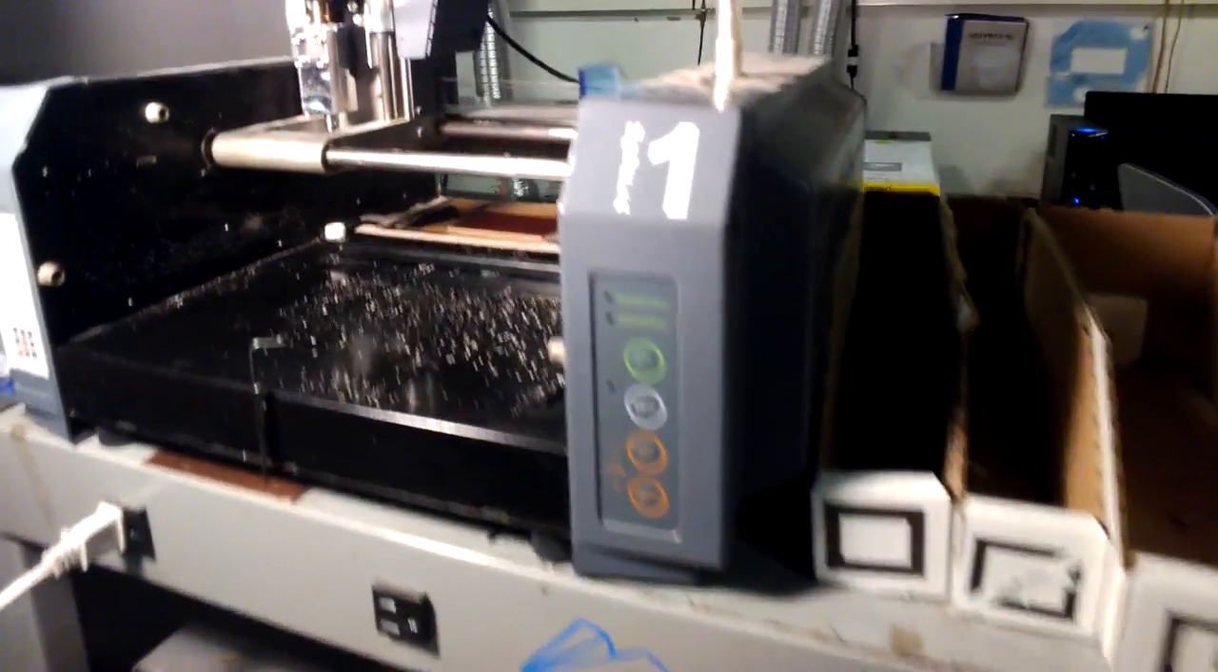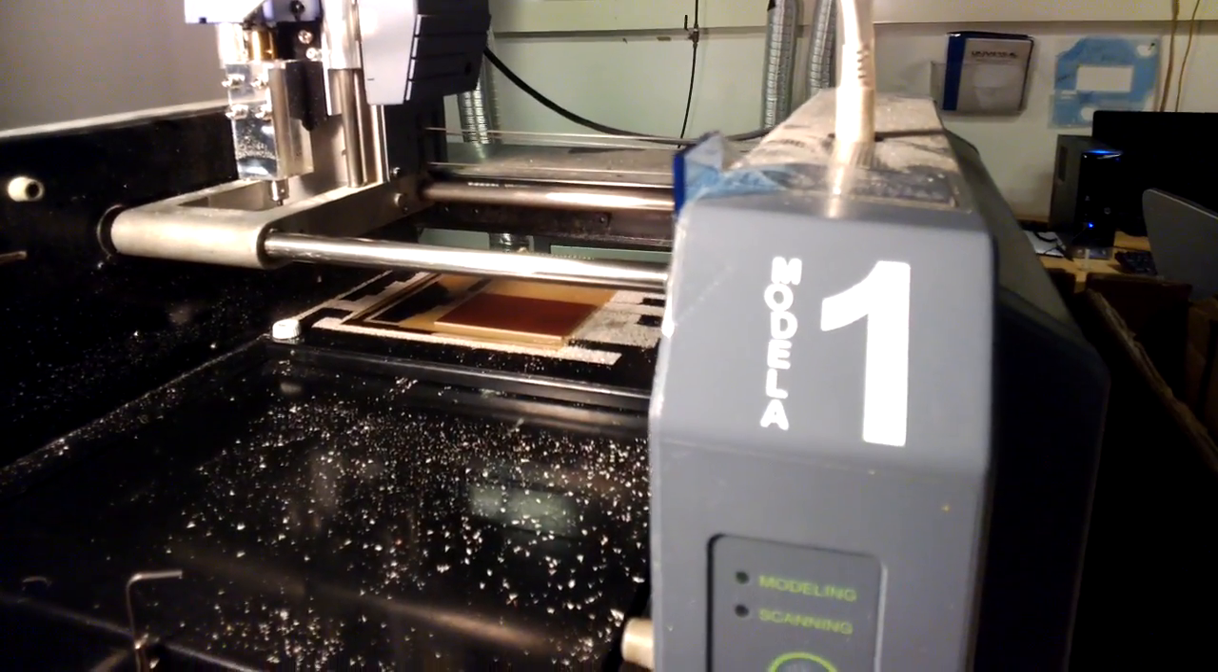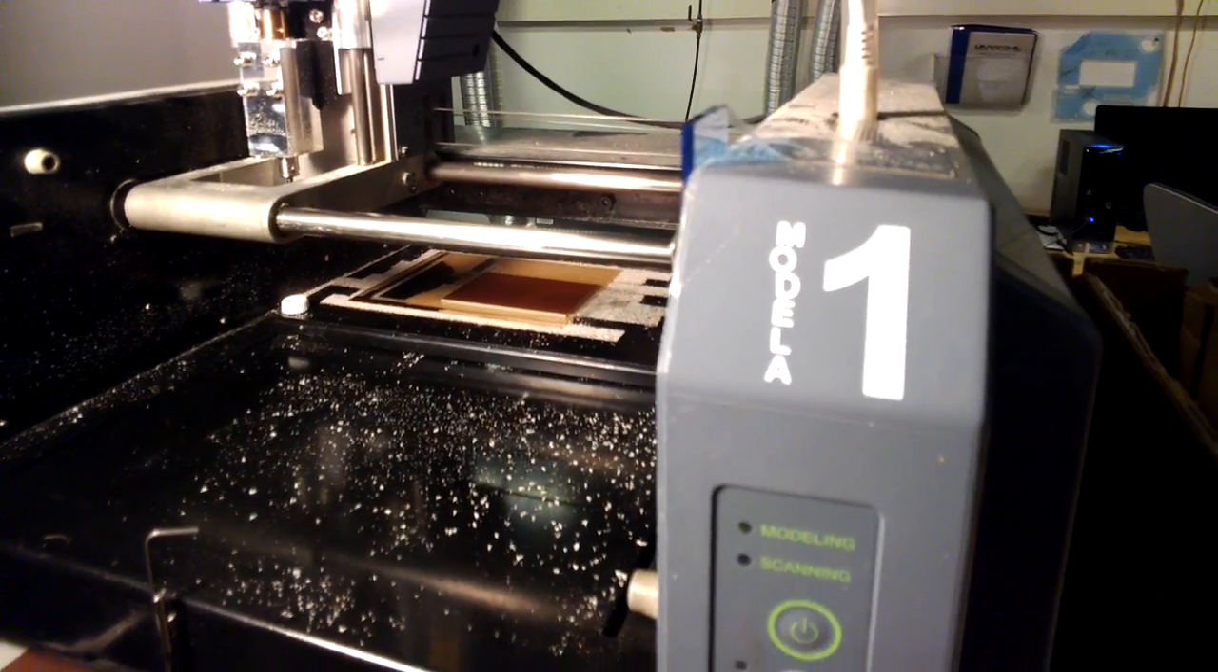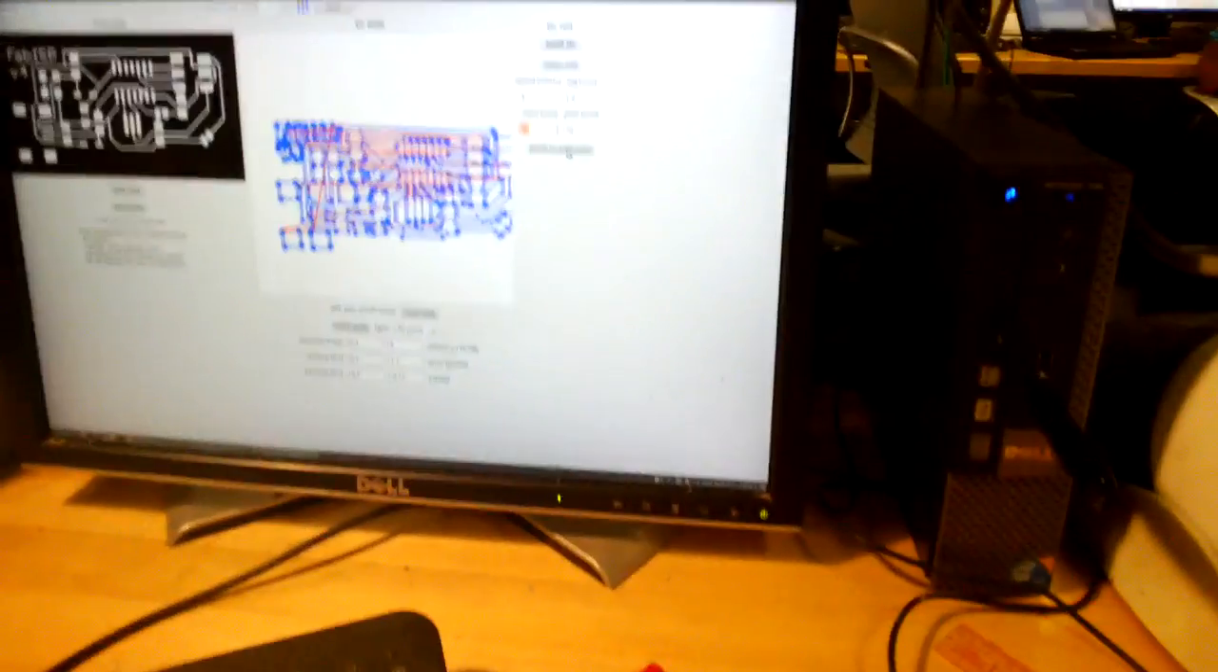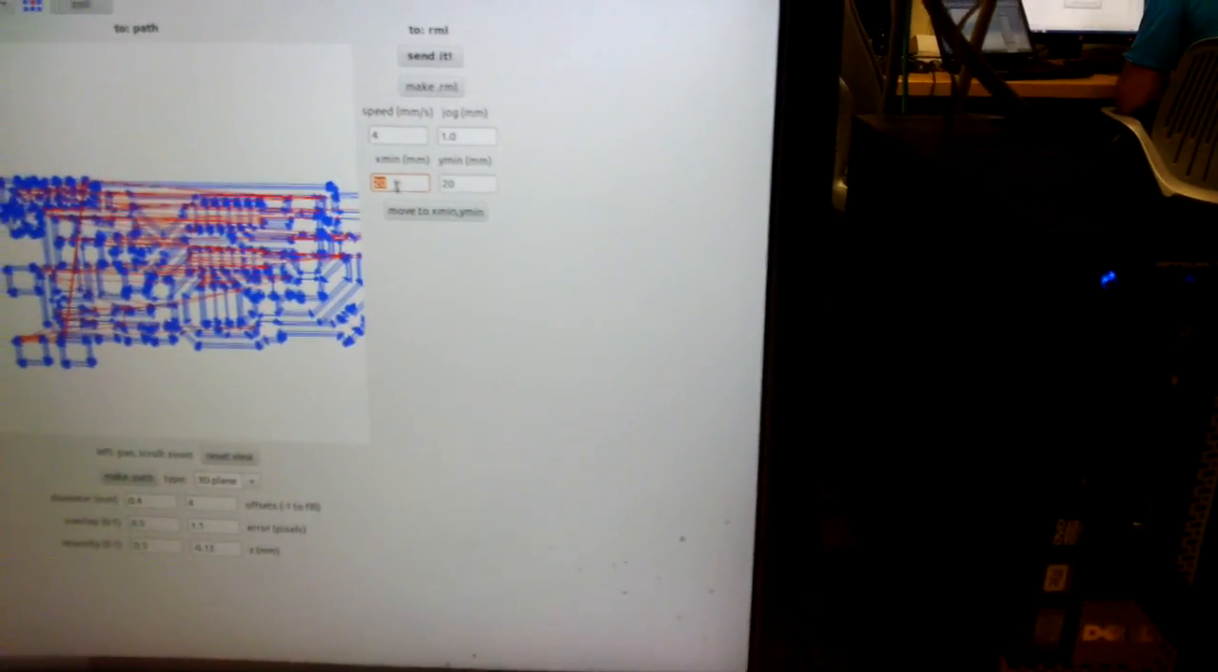Okay, so let's now talk about how to actually zero, or put the tool in the right place to start the job. The first thing you want to check is that this is not in view mode, because that little LED is not on. So that we're happy with that. Now let's go back to the software, and if you remember from the previous video, we're talking about here an